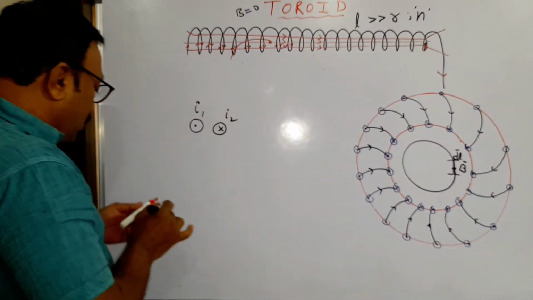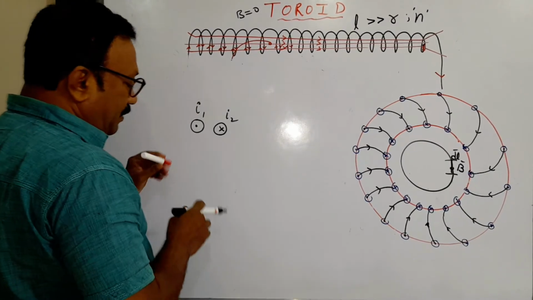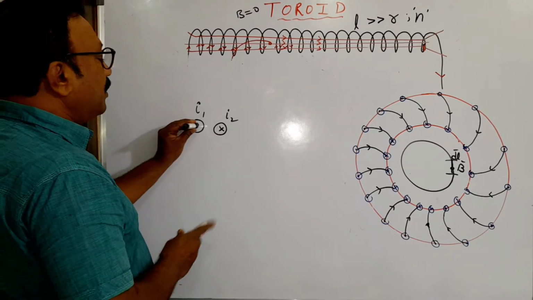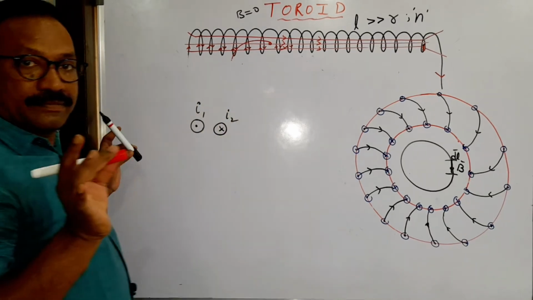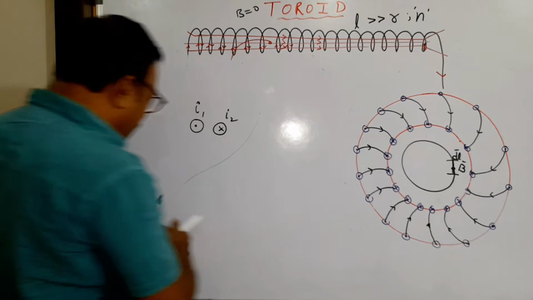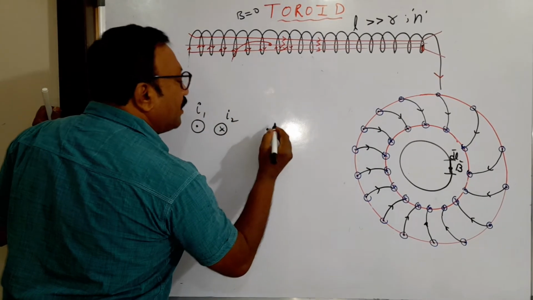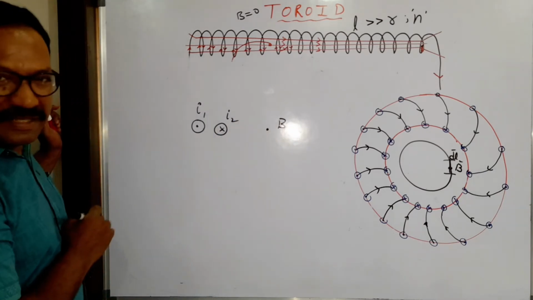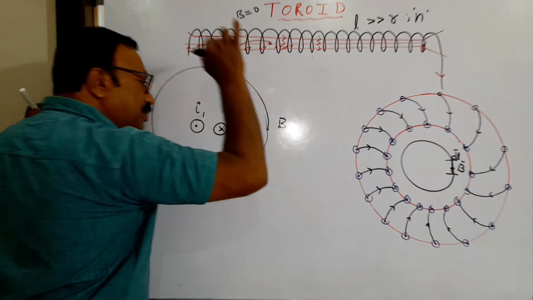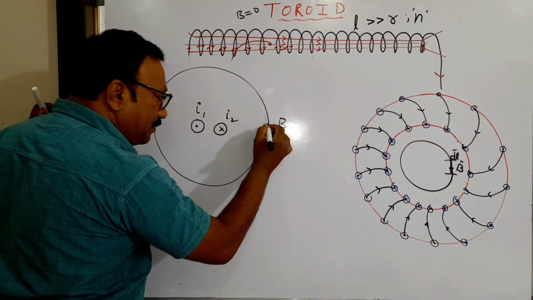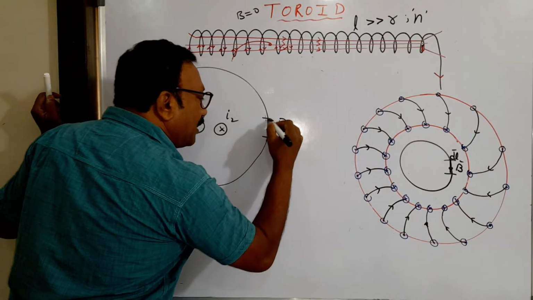So you have two wires. In one wire, current is outward. In one wire, current is inward. So there will be a magnetic field in this region now. Definitely. Select one point here. Let the magnetic field be B at this point. Now through that point you will be taking an Ampere's loop. I have taken. Fine. Consider an elemental length dl over here.